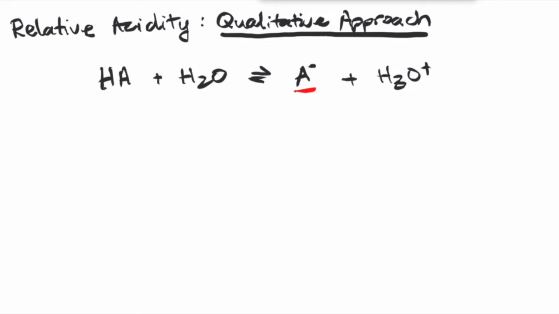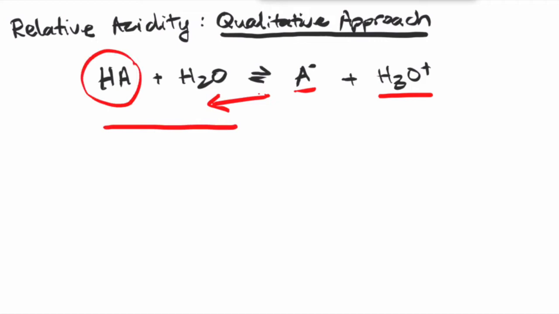Why is that? Remember, if the conjugate base A minus can stabilize that negative charge, it will not react with the hydronium ion. So it will stay as a product, favoring the product side. However, if the conjugate base is very unstable, aka very reactive, then it will react with the hydronium ion, making the reaction go in the reverse direction, therefore having more reactants. Therefore, HA is a weak acid.